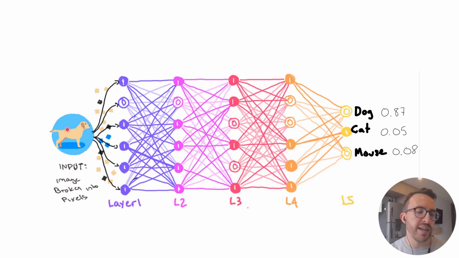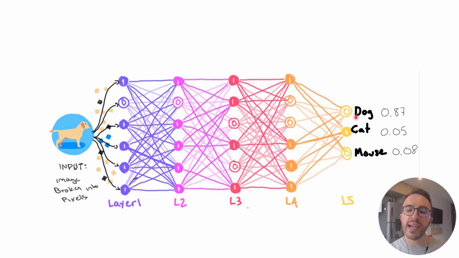Remember in an earlier slide I had said that an image to a computer is just a table of numbers, where each number represents essentially the numeric value of that color for that pixel. So all we do is we take each pixel and we pass it into one of the nodes in the first layer of the network. And then the computation flows through the network in the way that I described in the previous slide, where each node just takes all the incoming values, multiplies them each by a parameter, applies a max operation, and then passes that output value into each of the nodes in the next layer.